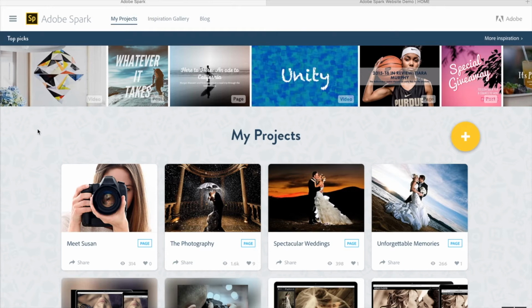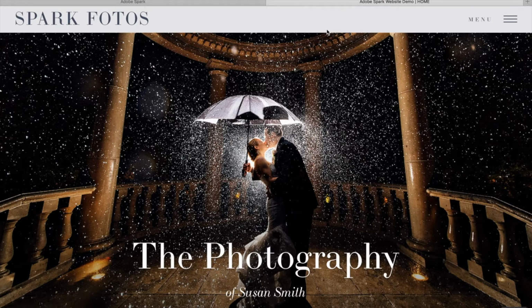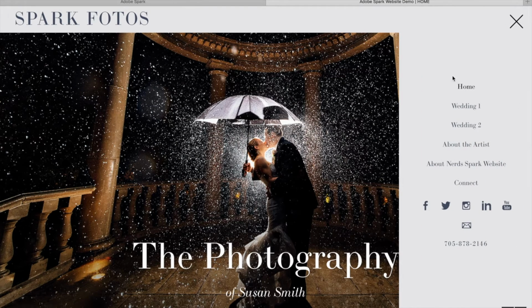Nerd Software, however, has come up with a very unique way of allowing you to create as many Adobe Spark pages as you would require and use them within a website that you can host on your own hosting service. So in other words, you can create and host your own website, have individual pages that allow you to click whatever page you want the person to see. It allows you to have a contact page as well as social networking linkage and contact information, etc., just like